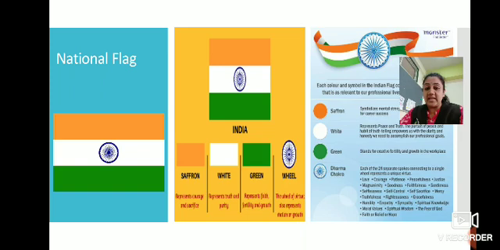Yes children, this national flag or this Tiranga has a rectangular shape. You have all seen it in the picture, no? Yes, this flag is in rectangular shape, and the rectangular flag has three horizontal bands of the same size. Three horizontal bands of the same size, isn't it? So the first band is orange in color, the second band is white in color, and the third band is green in color. We can say saffron also for the orange color, isn't it?